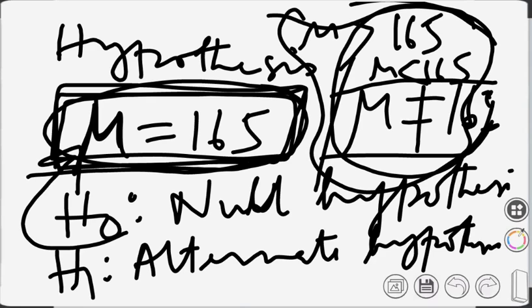So the testing of hypothesis process goes like this. Given a sample of 100 students, the average height of the 100 students is say 165 centimeter with a standard deviation of something. Now can we say that the population mean is 165 centimeter? Test at 5% level of significance. This will be the question that will be asked, and the process goes like that. What we do to solve this, we will suggest